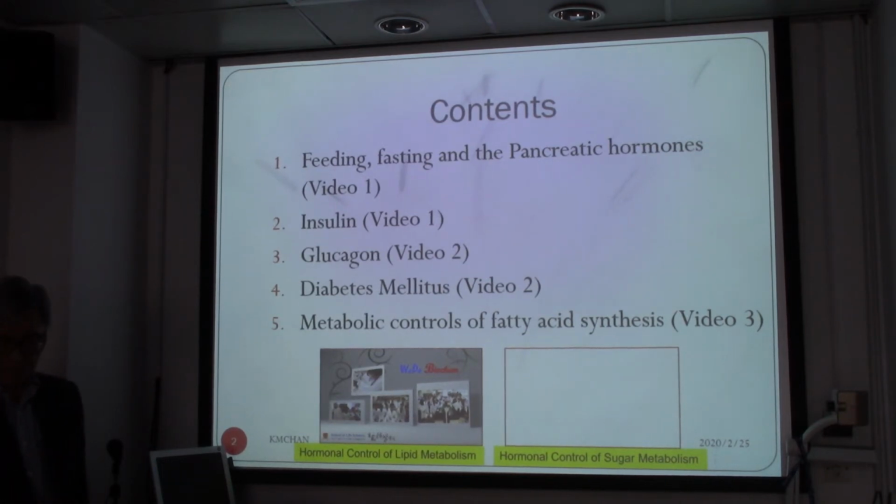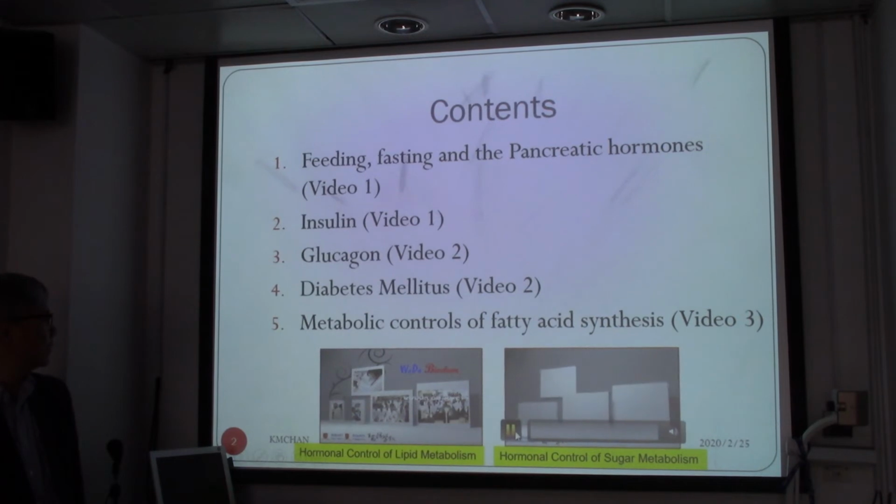Okay, so let's start with, sorry, and then we stop here. There's another one, also the hormonal control of sugar metabolism. All right, and so,